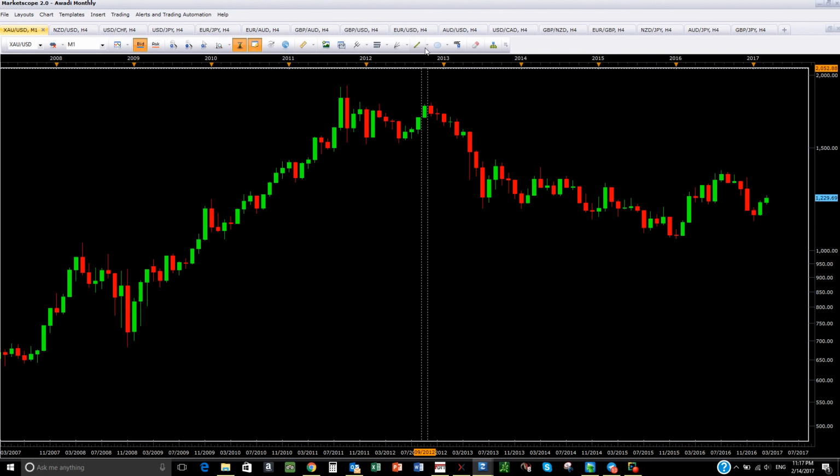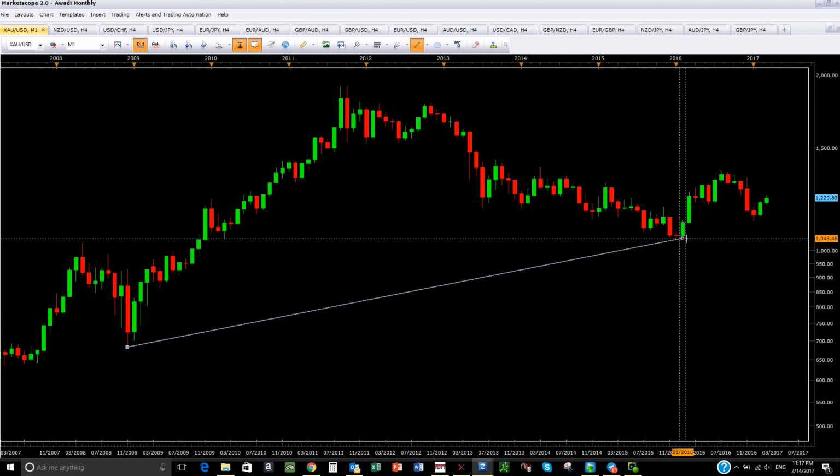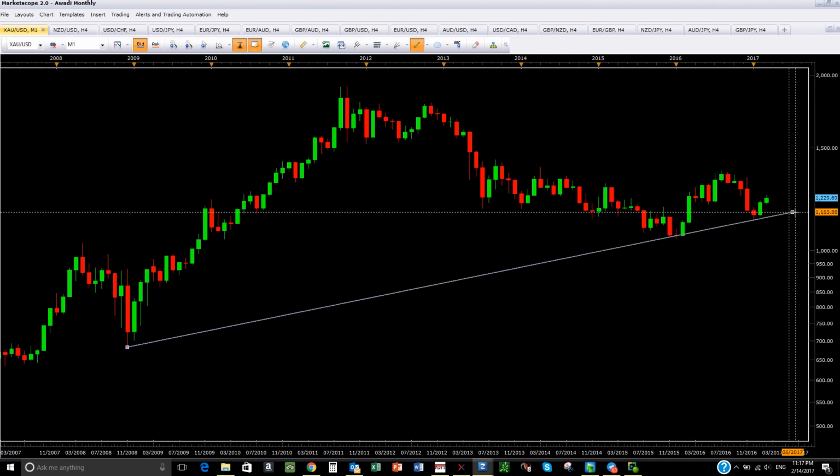So if I connect them to each other to make the monthly support,